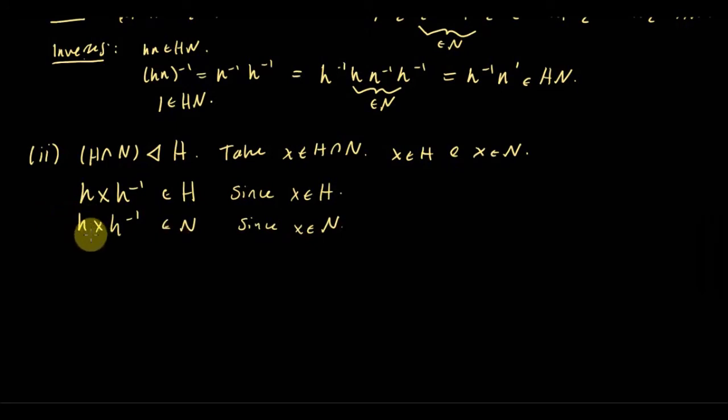x is in N, H is a subgroup of G. So since N is normal in G, and h is an element of G, we know that this whole element is in N. So yeah, this is in N. But now we see that h x h inverse is in both of these, so it's by definition in H intersect N. And that shows us that